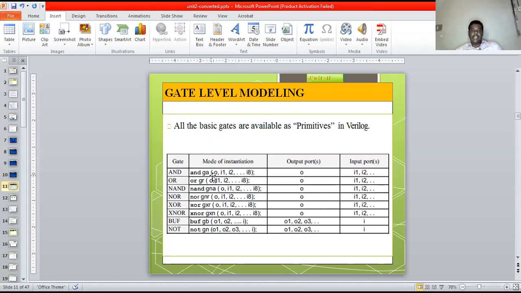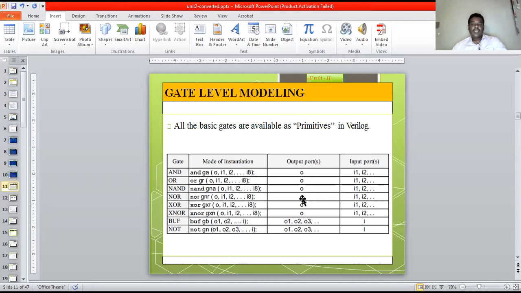Okay, so this AND gate. How do we instantiate the AND gate in our Verilog language? We compulsorily should know this instantiation of the AND gate here. Otherwise, if we don't know how to instantiate the AND gate in our Verilog language, we are unable to develop Verilog HDL here. Okay, students. What are the inputs here? I1, I2 are the input port terminals here. And what is the output here? The output port O is known as the output terminal here. Like that, he instantiated all the gates here.